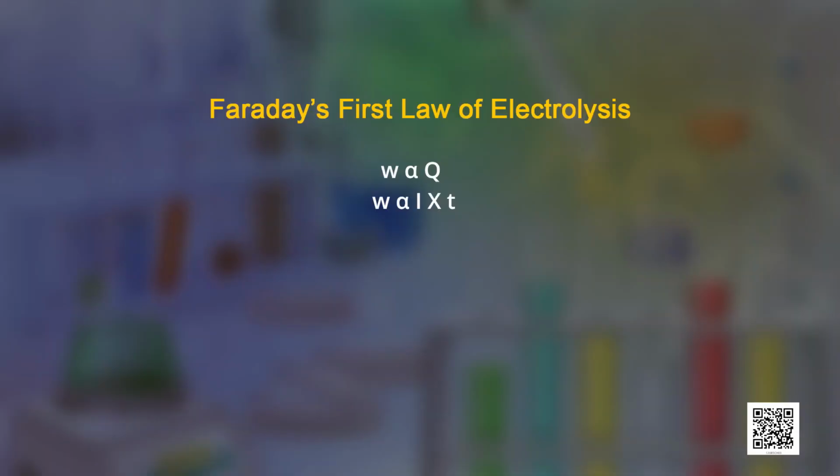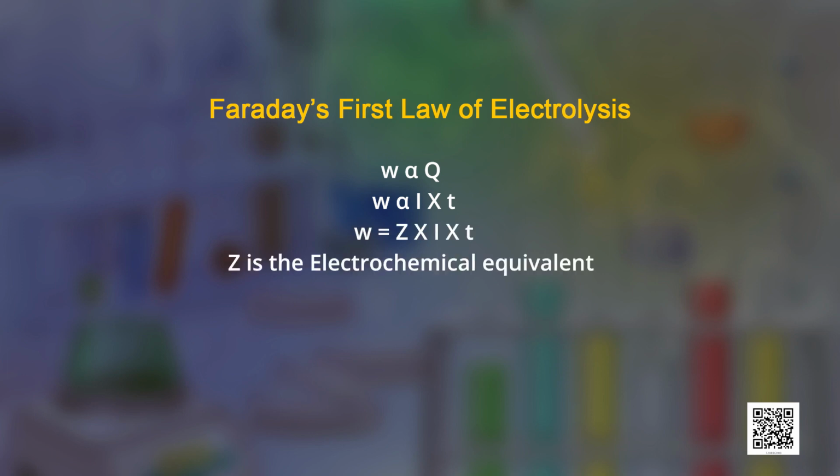So, W is directly proportional to Q. This can also be written as W proportional to I into T, because charge is the product of current and time. We may simplify it as W equals Z into I into T,